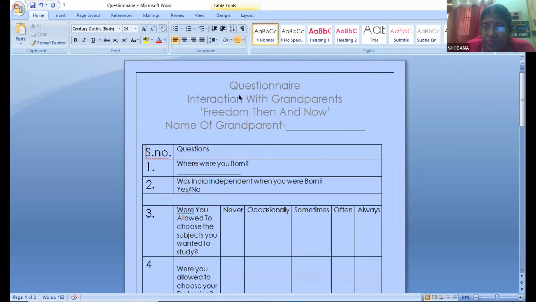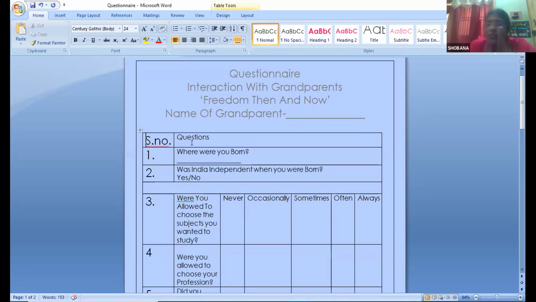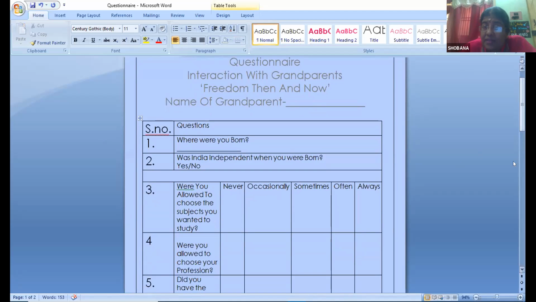Today I am going to show you the questionnaire through which I am going to interact with my grandparents on the topic freedom then and now. Very good. Okay. Dhyan has to follow, Vraj, Arjun, same thing to be followed. Okay, when you're presenting, Arjun, good afternoon, one and all. Today I'm here to share the questionnaire which I had done along with my grandparents, the freedom then and now. And also write the comparison. Don't forget the final comparison. Those times they had this, now we have this. That's your conclusion, not only the questionnaire. What is your conclusion? Okay?